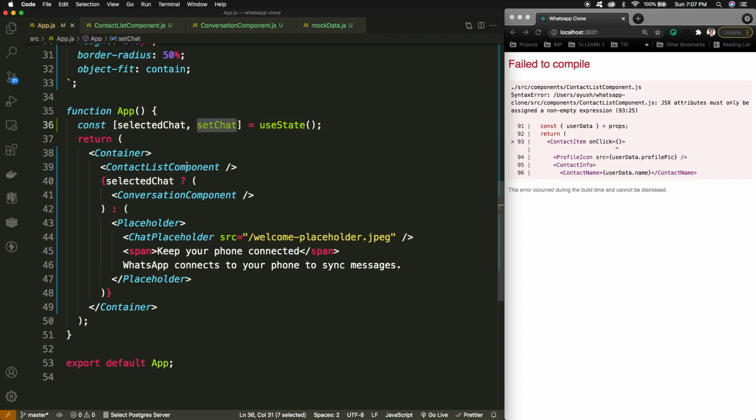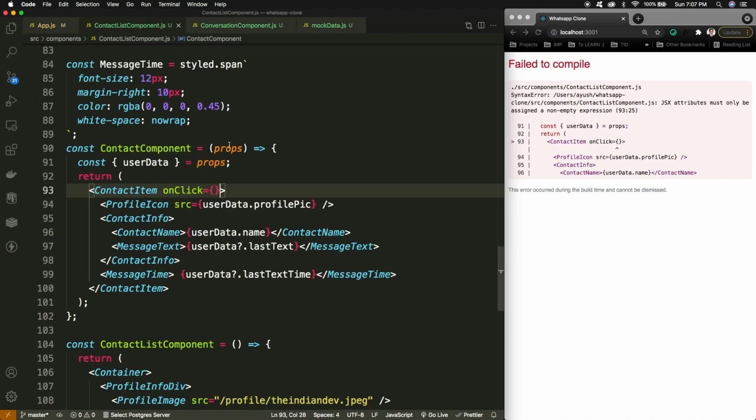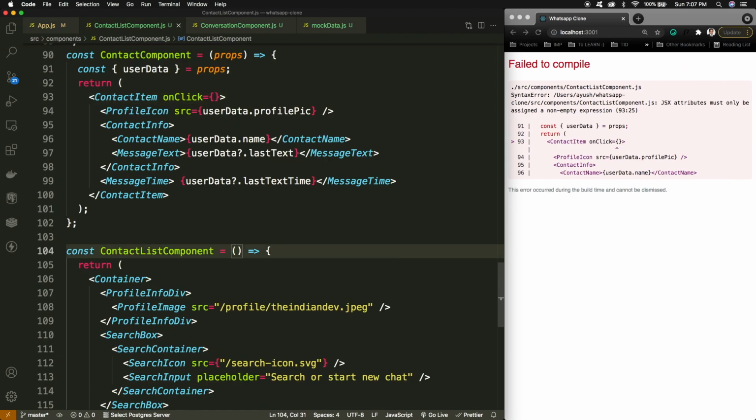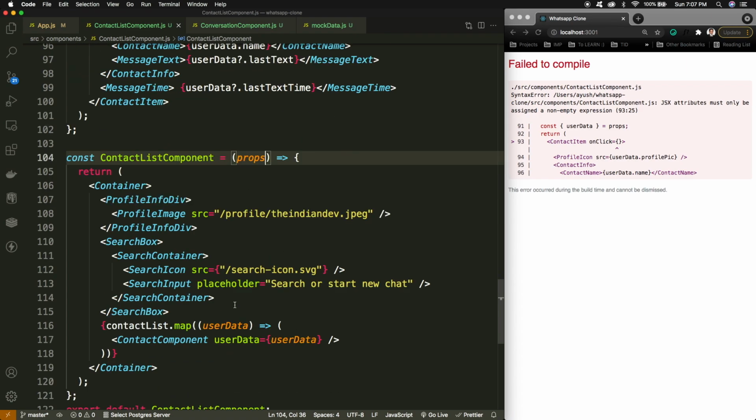So I just need to pass this method setChat to the contact list because the contacts are there. So inside this contact list, from the props, I can simply send this part, setChat equals to,